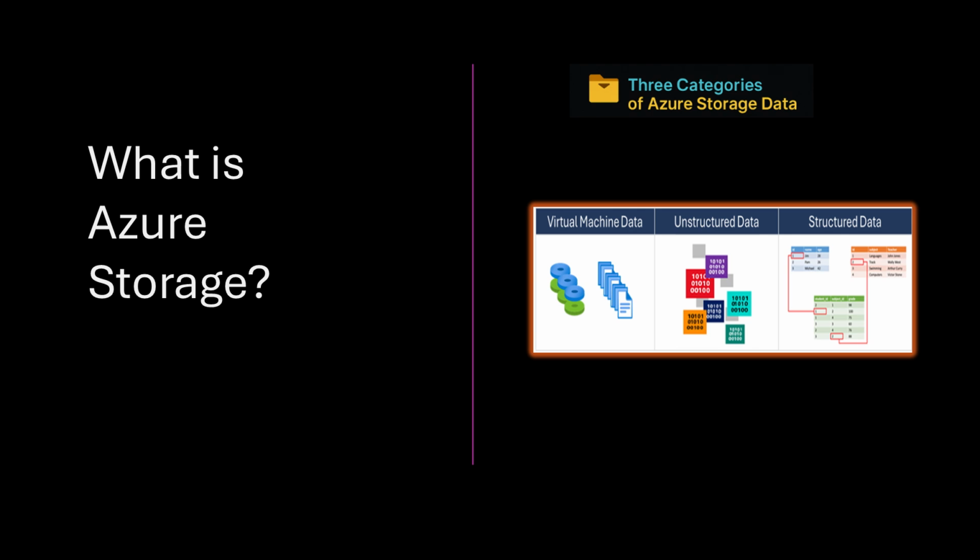These disks let you store things like application binaries, static website content. Each disk can grow up to 32,767 gigabytes, and you can attach multiple disks depending on your VM size. For example, if you are running SQL Server on a VM, you can attach several managed disks to store your